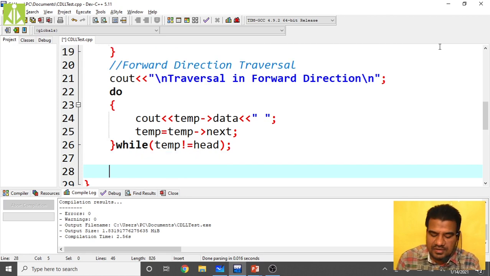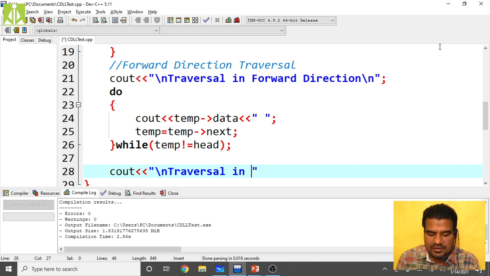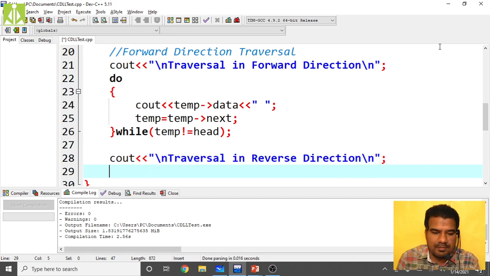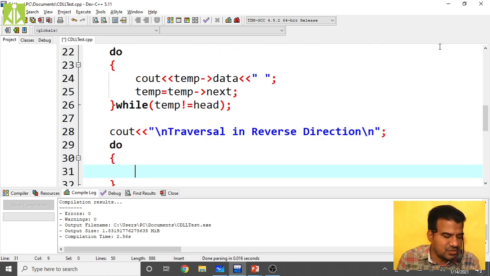You can do the traversal in reverse direction also. So you do \n, "traversal in reverse direction." And the same loop I have to run, and the same starting point. You take the same do, and inside it you write cout.